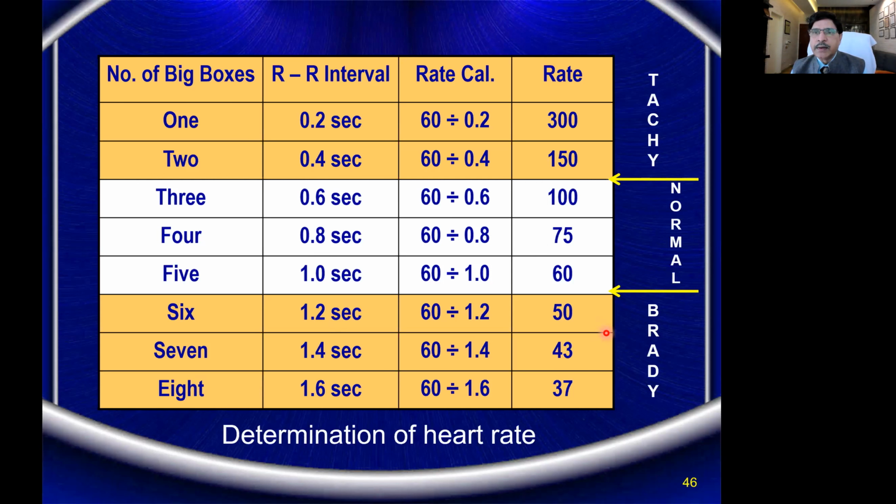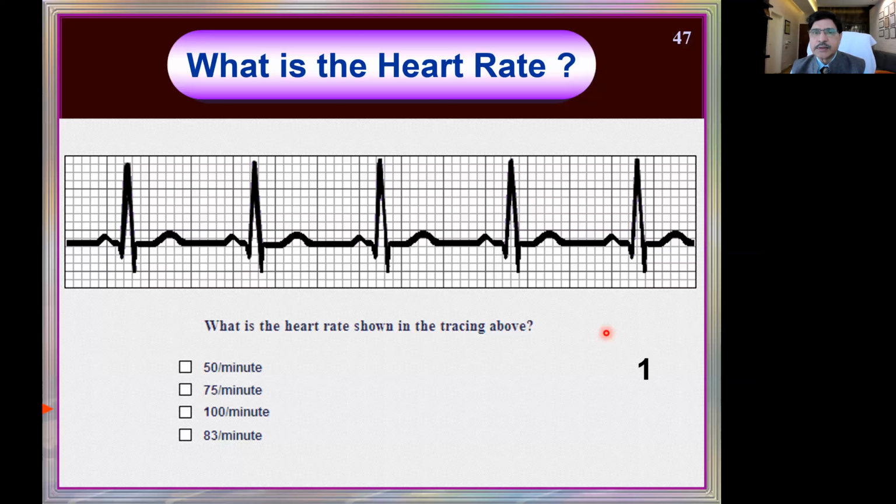So brady, tachy and normal. Anything less than 60 is bradycardia. Anything more than 100 is tachycardia, which is our patient. Now,